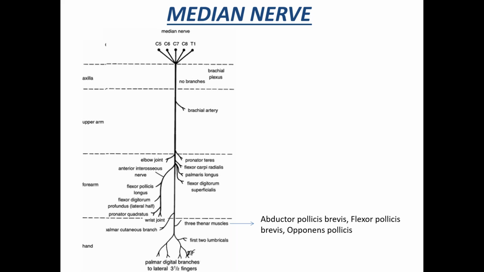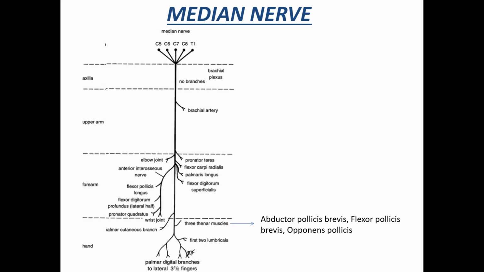In the forearm, there are two sets of muscles: the superficial and the deep. Okay, in the superficial group there are 5 muscles, in the deep group there are 3 muscles, and the median nerve supplies all of them except 1.5. Which are the 1.5? The ones which are supplied by the ulnar nerve, namely the FCU and one half of the flexor digitorum profundus, FDP. All the rest are supplied by the median nerve, and then the median nerve goes through the wrist joint, through a space called the carpal tunnel, and it reaches into the hand.